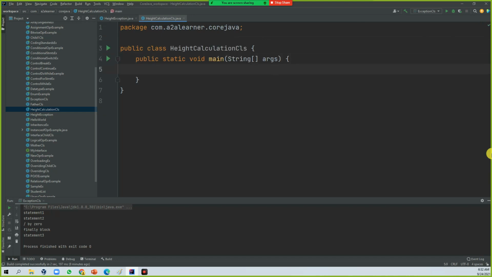Now I'm going to add the condition if. Before that I need to initialize some values.